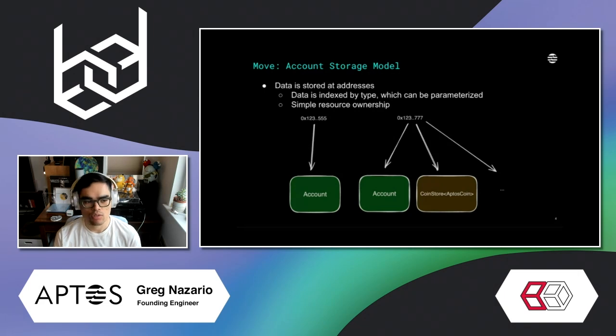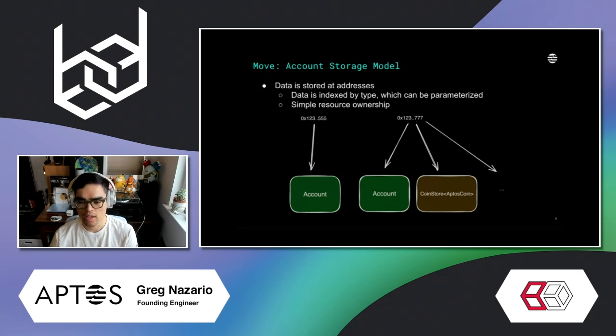So in this case, you can see the first account has a single resource named account. So I can access it by saying, I want to borrow this global resource from this account. Very simple. But then if I change the address that I want to borrow the global resource from, I can borrow it from the second account, where I can access that one account. So at that point, you have what is a map of all the resources in this global storage,